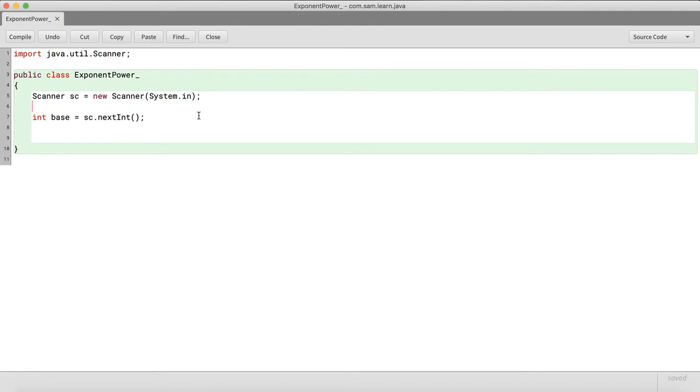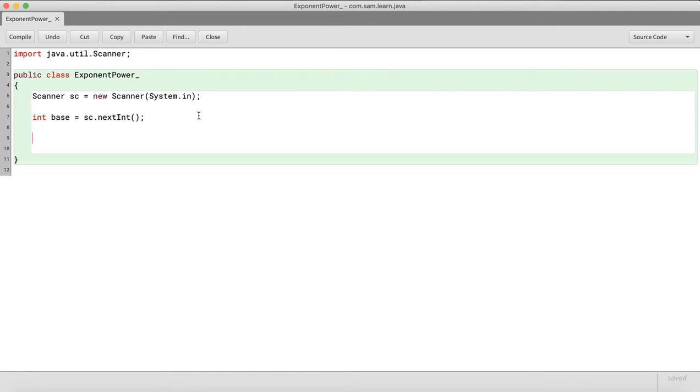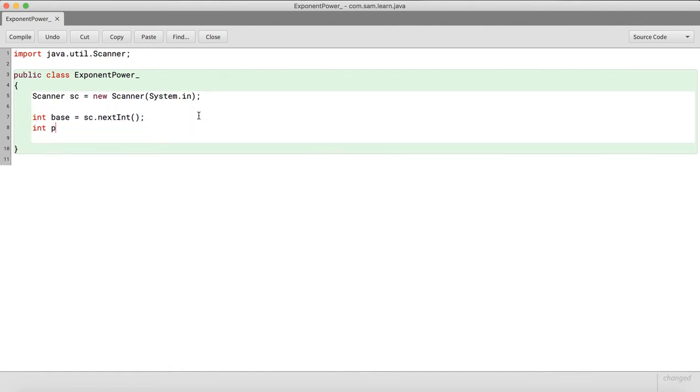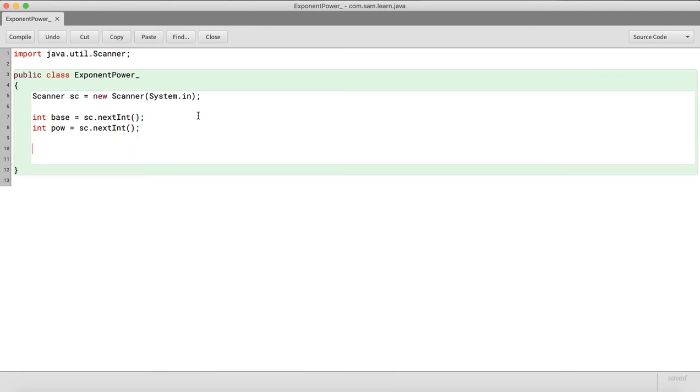So that's for the base, and then we do the same thing for the power. Okay. Now for the answer, we create a new variable. Int answer is equal to